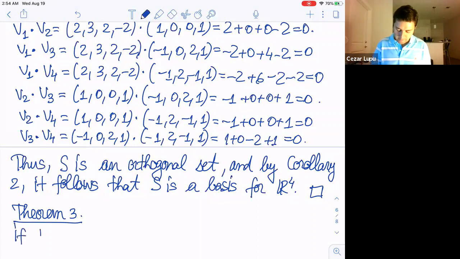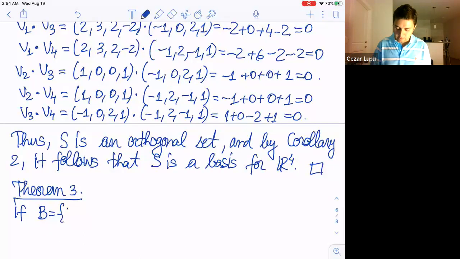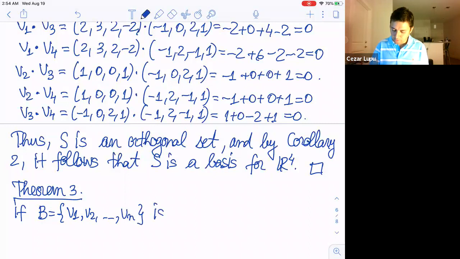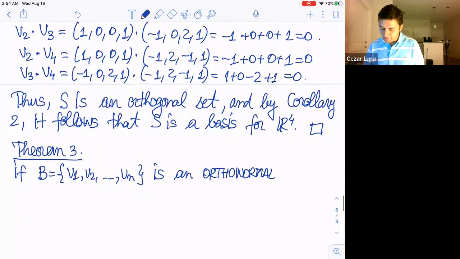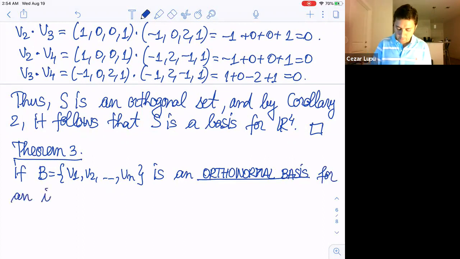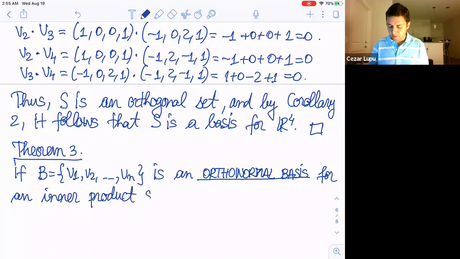It says the following: if B, which consists of these vectors v1, v2, ..., vn, is an orthonormal basis for an inner product space V, then